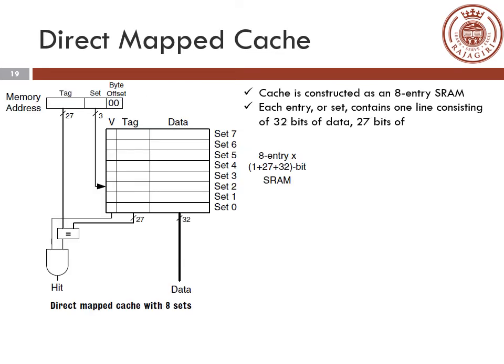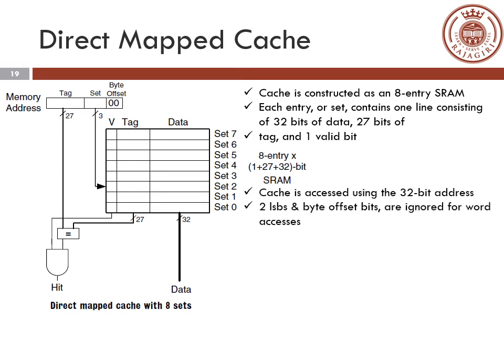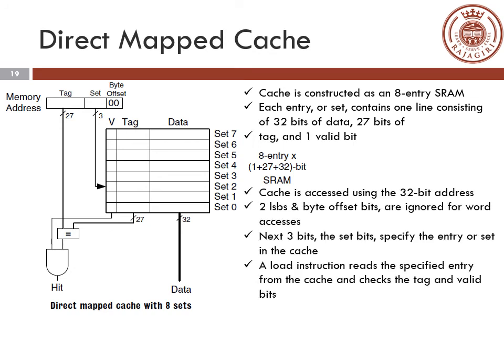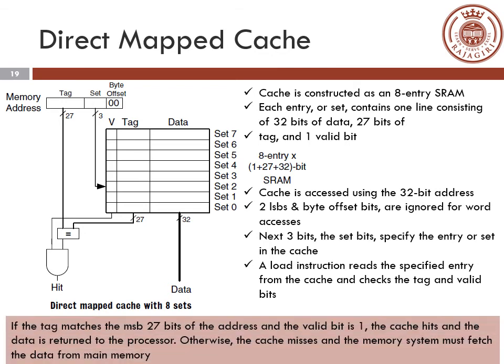Now we will see how to read or write data from the cache when a processor gives a request. When the processor gives a request, how does it understand whether the data is present inside the cache? If the data is present inside the cache, it is known as a cache hit. If it is not present, it is known as a cache miss. Now we are considering an 8 entry cache memory. Normally the cache memory is made using SRAM.